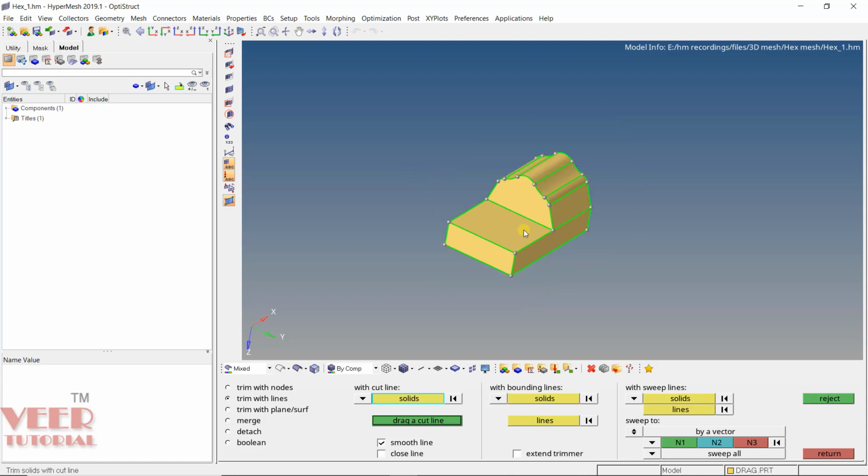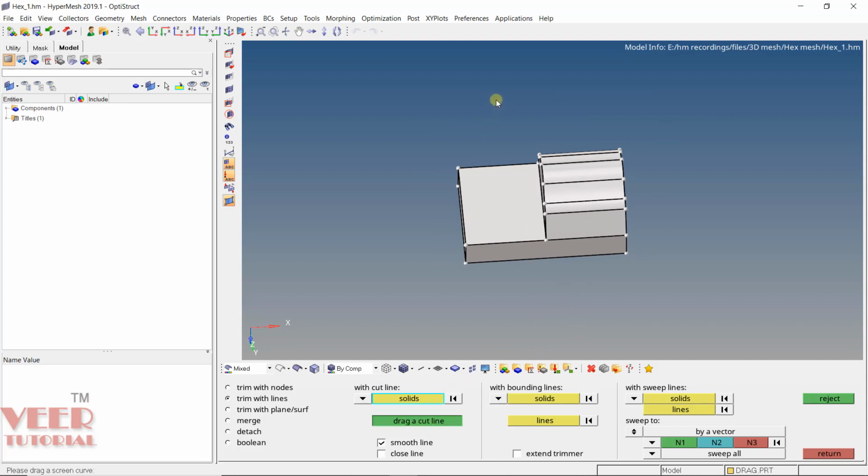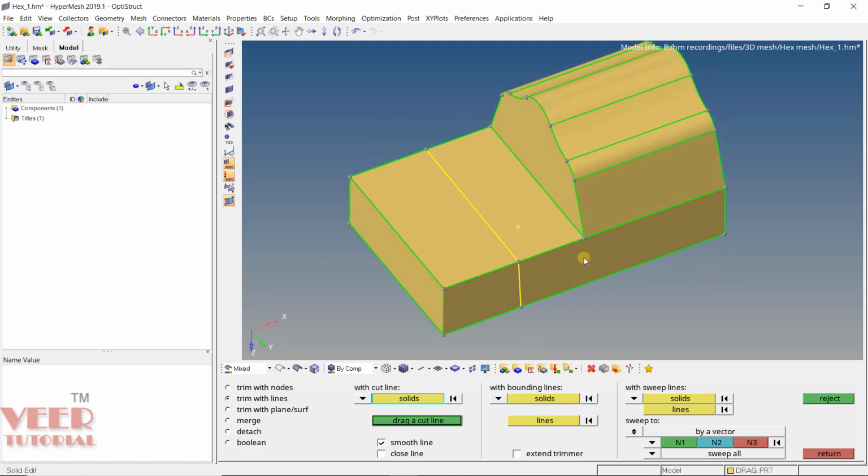For example, let's say I will rotate the mouse, and first of all we need to pick up the solid. I select the solid and click on drag a cut line. Now first click to create a line and then second click. After that, hit the roller of the mouse. Press the roller and now you can see this solid has been cut by using this line as a cutting